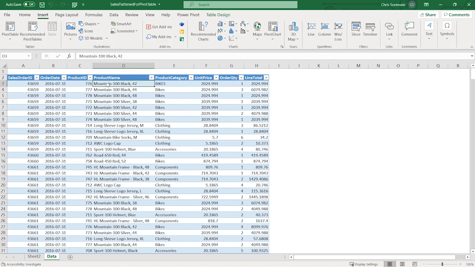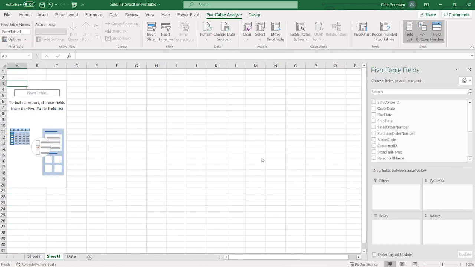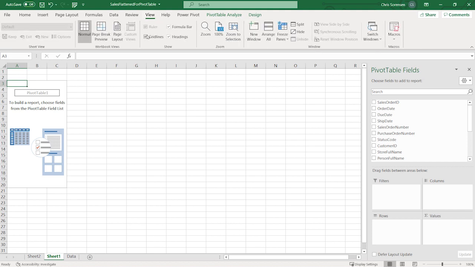Okay, so this isn't really part of this course here to show you how to build pivot tables, but let's show you this anyhow, because many of you taking this course are likely familiar with creating pivot tables. So inside of this Excel table here, I'm going to go to the Insert tab, click on Pivot Table, and I'm going to select the default here and just say we're going to build a pivot table from table number 1. I'm going to go ahead and click OK,